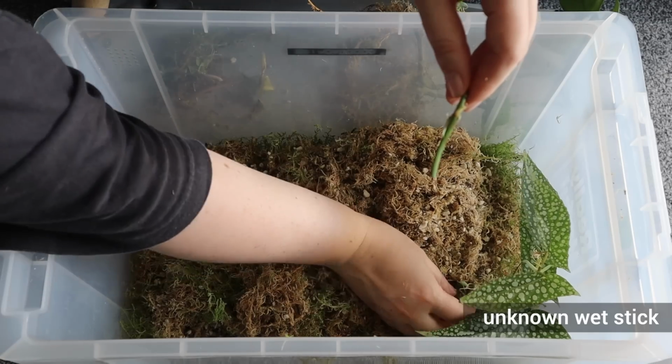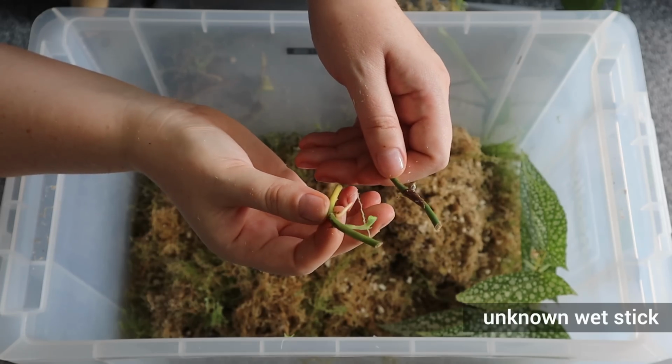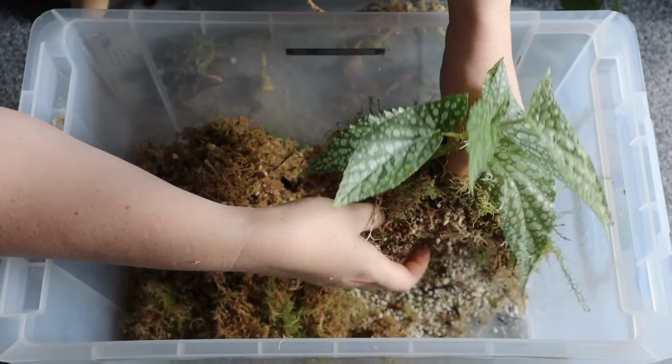Actually, there's several down here, so I think they're all Scindapsuses, just because this one's starting to grow a leaf and they do all look quite similar. And then this